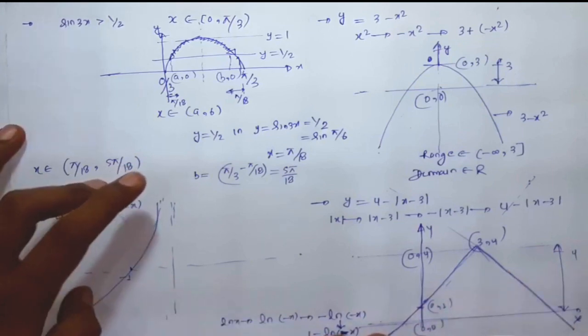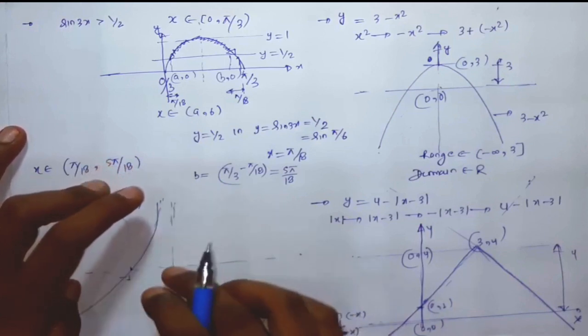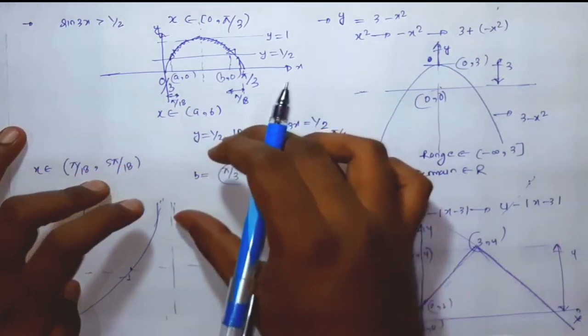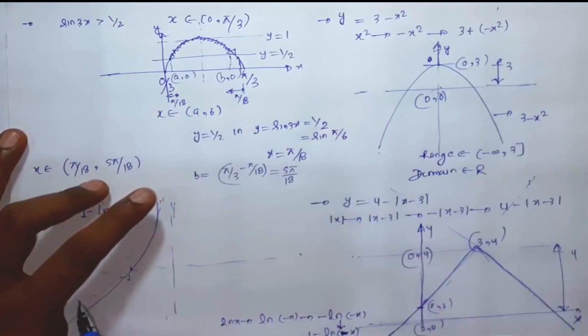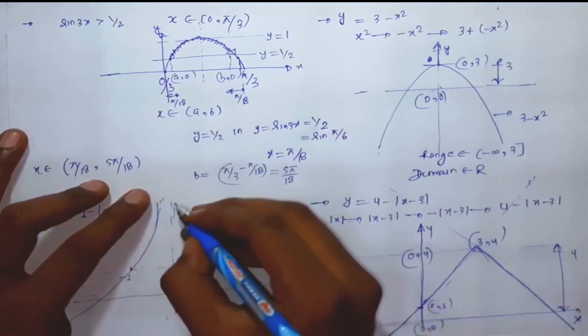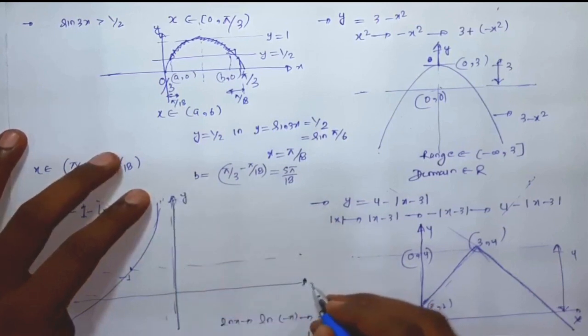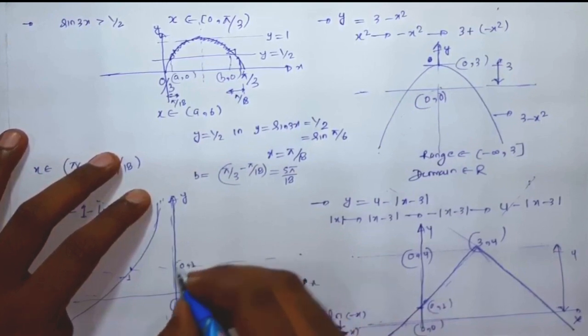I mean, we are going to shift this graph in the positive y direction. So we will shift this graph by a distance of 1 in the positive y direction. So we will simply shift this line by a distance of 1. This is the y-axis, this is the x-axis, 0, 0, 0, 1, minus 1, 1.